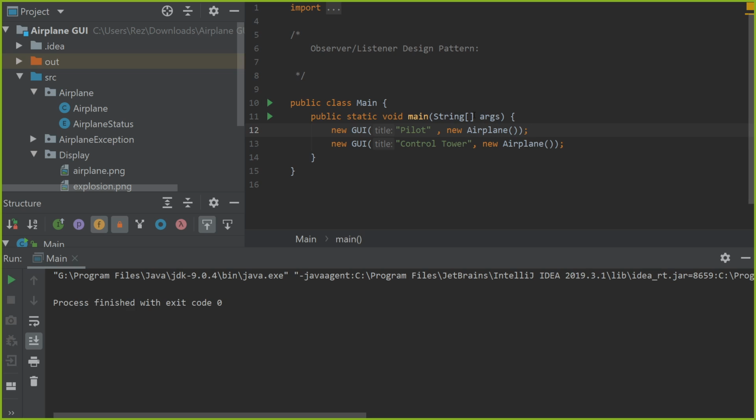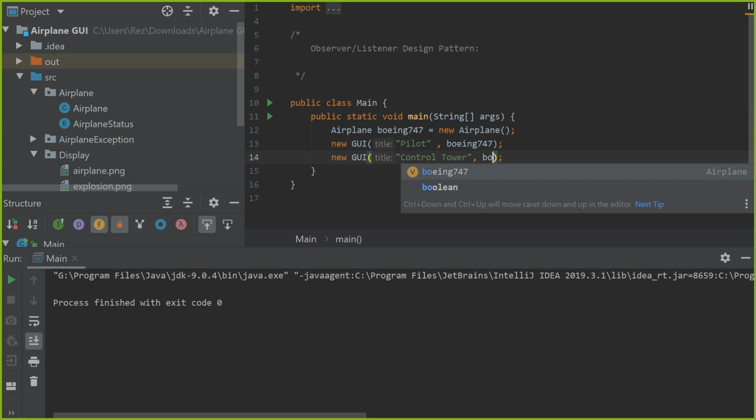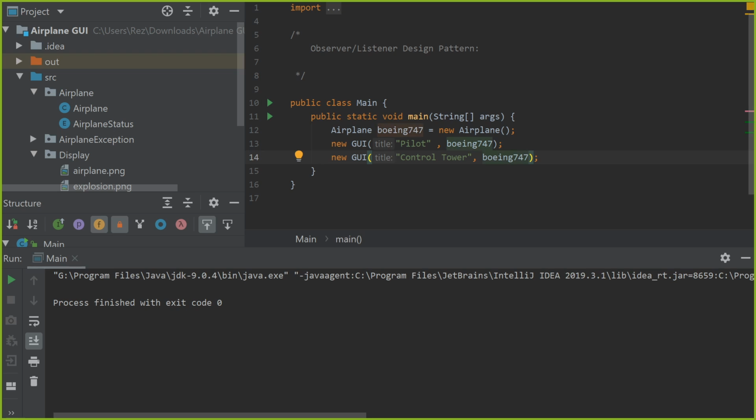So what we need to do first is make the same airplane used by both. So airplane, let's say Boeing 747 equals new airplane, and that's fine. And rather than creating a new instance here, we would give it the Boeing 747. Same thing here, Boeing 747. Now when I run it,